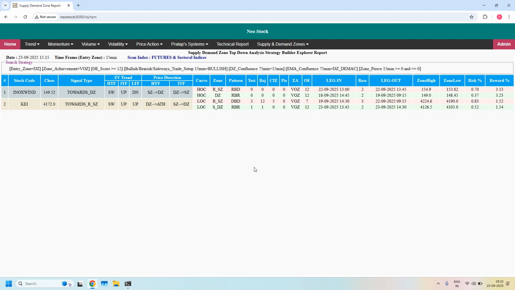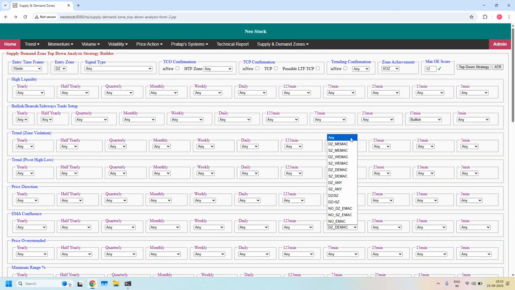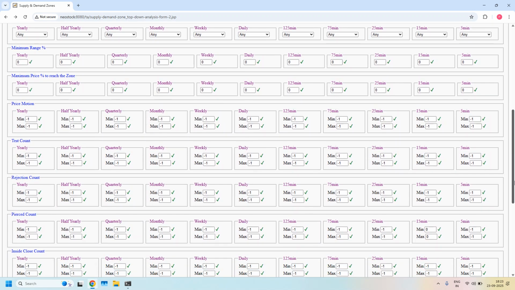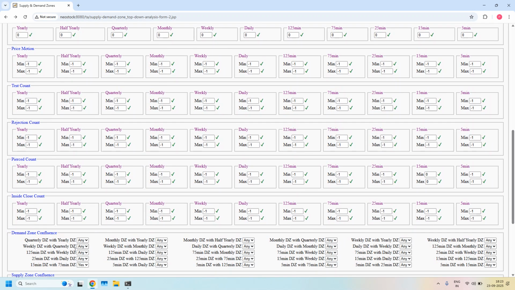Okay, next filter is LTF, ITF and even HTF demand zone confluence. After that, HTF demand zone with HTF EMA confluence. So I'm going back, removing the ITF EMA filter. In the demand zone confluence, three filters we have to set. First one is already enabled, 15 minutes and 75 minutes demand zone confluence. Next, 15 minutes and daily demand zone confluence, and 75 minutes and daily demand zone confluence. With all the three filters,